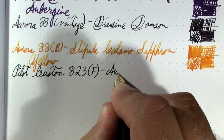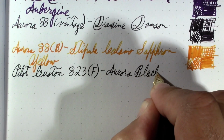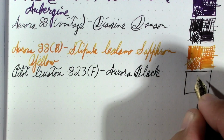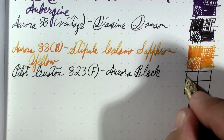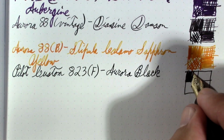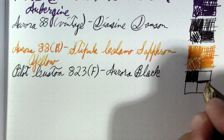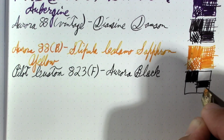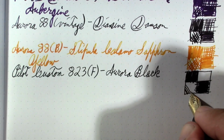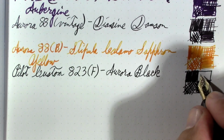So the ink in this one is Aurora Black. Because, remember I talked about using up ink bottles? I used up my whole bottle of Parker Quink Black. Now, there is a strong possibility that once I get through all my bottles of black ink, which, let's just not talk about how many bottles of black ink I have, that I will return to Parker Quink Black. Yeah, I know, years ago I decided that Lamy Black was the best one, but, you know, using that Parker Quink Black,